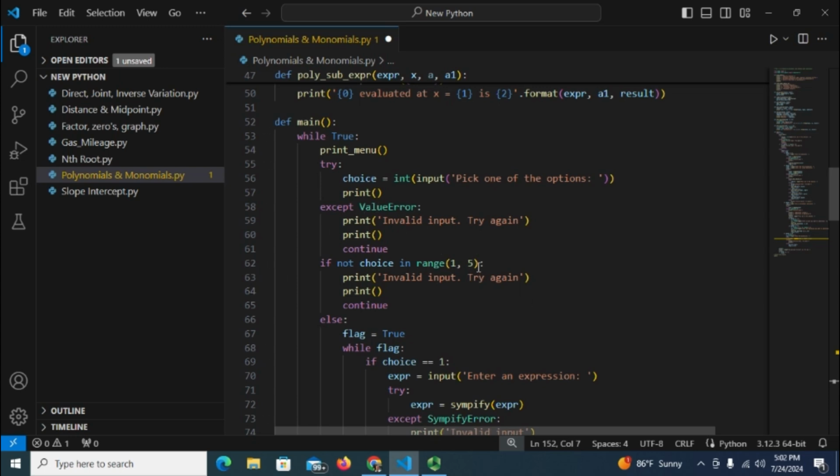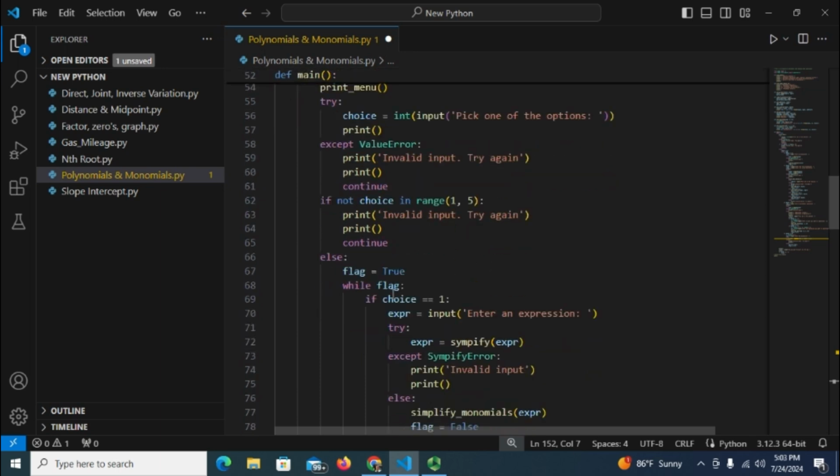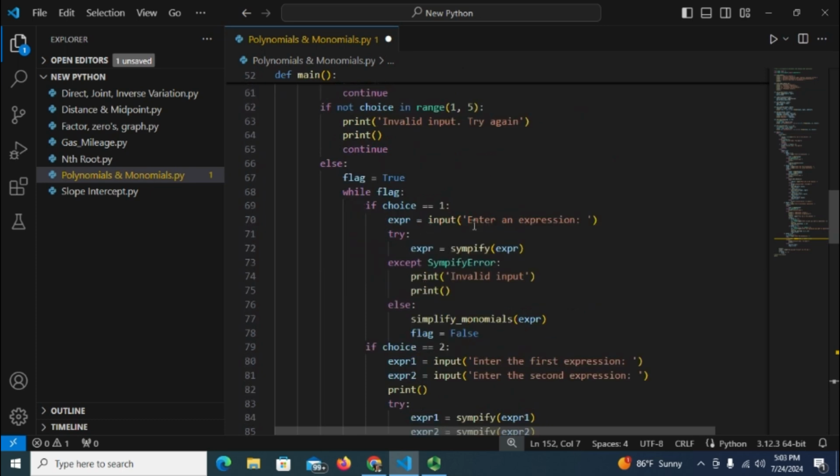I have a range, in this case 1 to 4. This 5 is n+1, so this is for exception handling. In case the choice is not one of the options, we loop through until we enter the right choice, and then we continue. Once the right choice has been chosen, for choice 1, if they choose that,